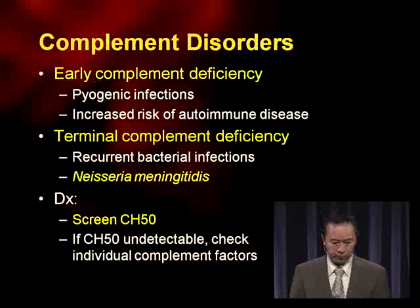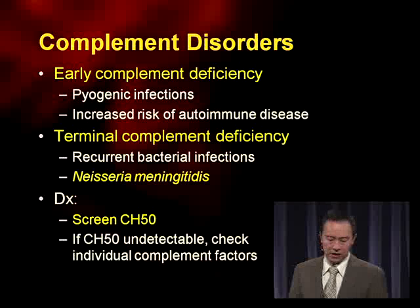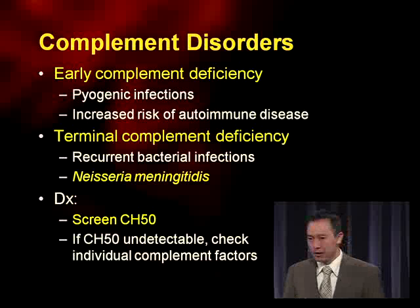Now let's move on to the next arm of the immune system, which is the complement arm. Now remember, there's early complement and late complement, or terminal complement. With early complement deficiency, these patients get severe pyogenic infections, and they're also at risk for autoimmune disease. And the thought is, because they have low complement,